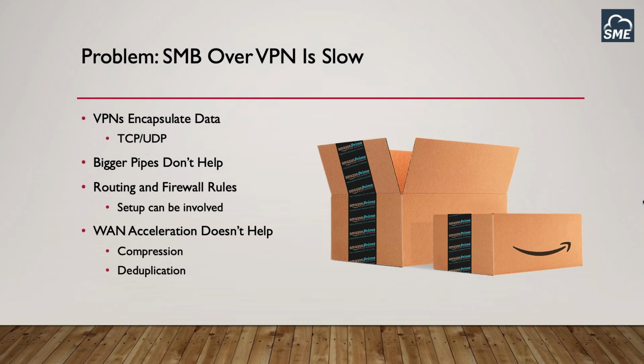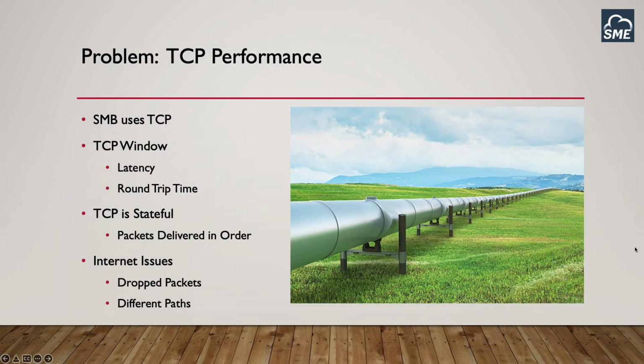Well, a VPN, as we know, is all encrypted. So that data natively has probably been compressed already as part of the encryption, and doesn't really deduplicate well. So all of those WAN acceleration technologies don't really help with that VPN. In addition, the underlying protocol that SMB uses also has limitations and issues using at scale across those remote